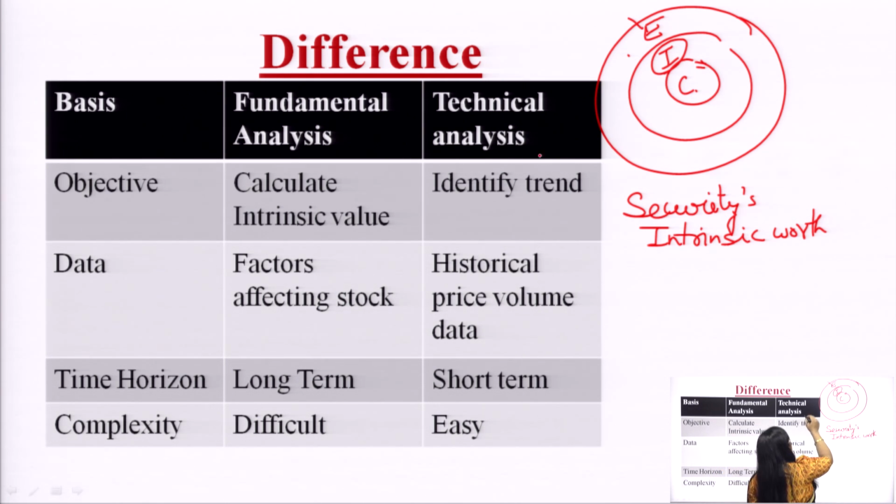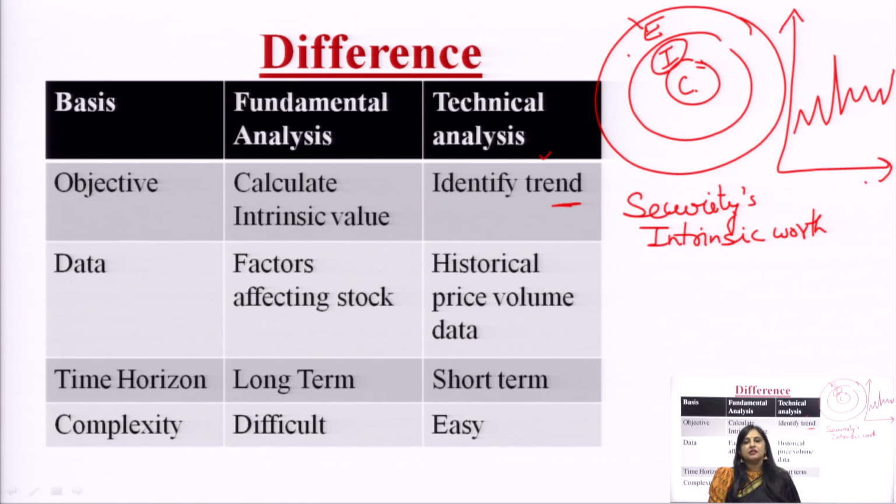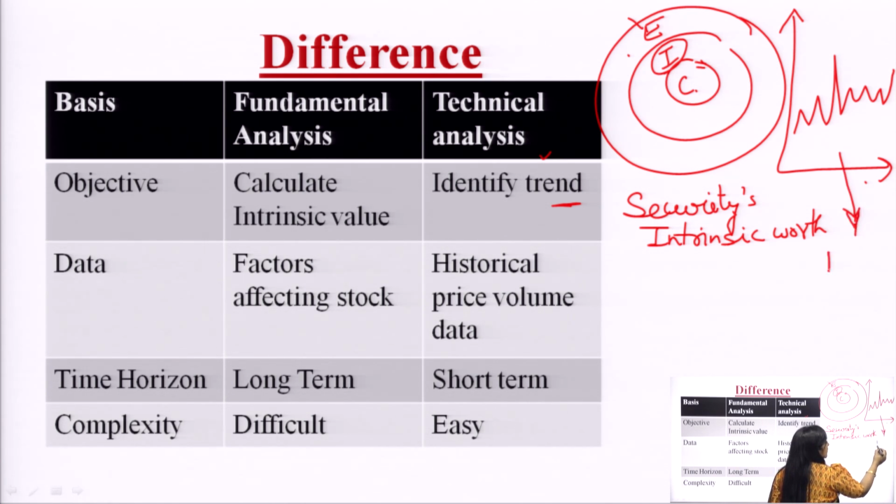The other, alternative approach is technical analysis. In technical analysis, what do technical analysts do? A technical analyst identifies the trend of the market. He analyzes the historical price volume relationship. He plots the closing prices or the different prices on some charts, finds out some patterns, calculates some indicators, market indicators or mathematical indicators, and then analyzes whether there is any buy signal or sell signal, whether we should buy